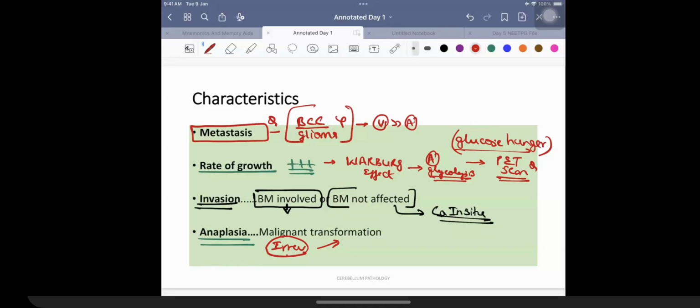So you have a normal cell, which is going to be having the presence of a metaplasia. That means there is a change in the nature of the cell. Then we are going to be having the presence of,